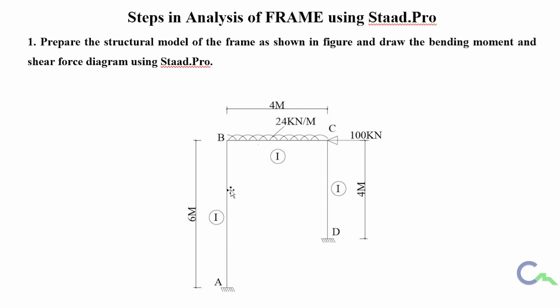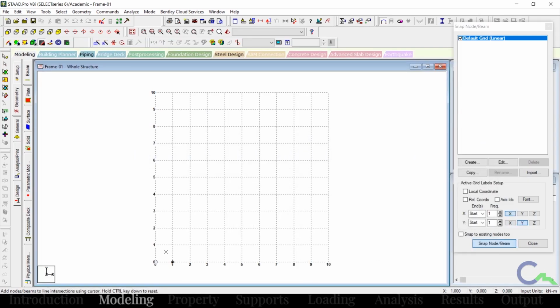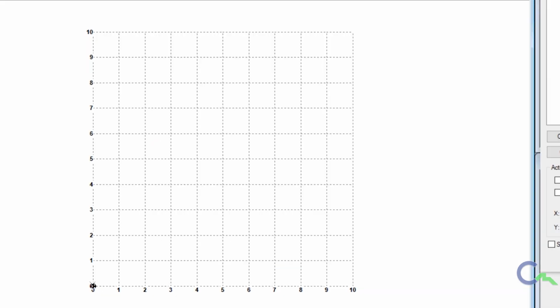First column which is 6 meter, then the first beam which is 4 meter, then the second column which is 4 meter. To capture this grid, I have to keep this button in blue color. Now it is capturing this node. So I will start with 0. I will click on 0. I will create the first column which has a height of 6 meter.